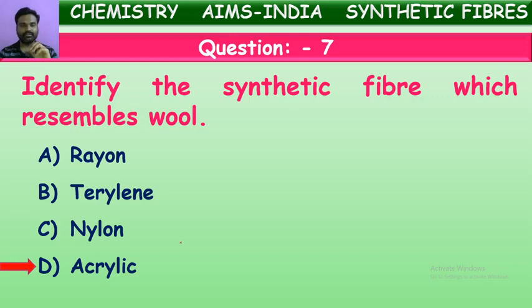That is why nowadays these winter garments, because in earlier days we used to make these winter garments mostly with wool. But from where do we get this wool? We get wool from the hair of sheep and even camel. From the hair of animals we have to extract this wool, so it is much costlier. So that is why acrylic is mostly replacing these woolen garments nowadays, because acrylic looks like wool, gives the same texture, the same warmth, and at the same time it is much cheaper than wool.